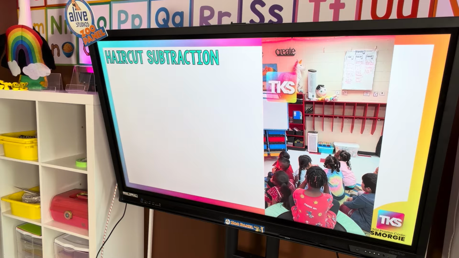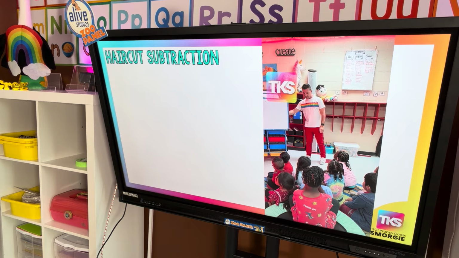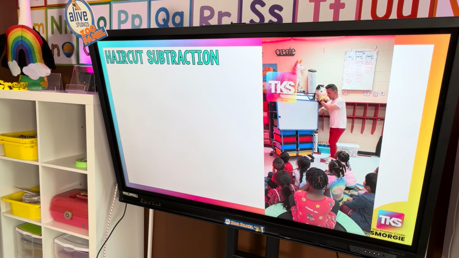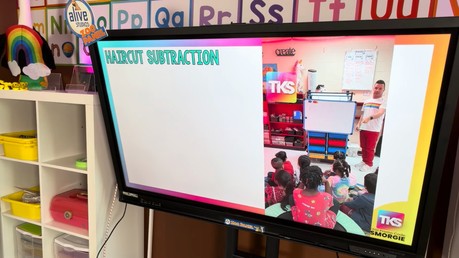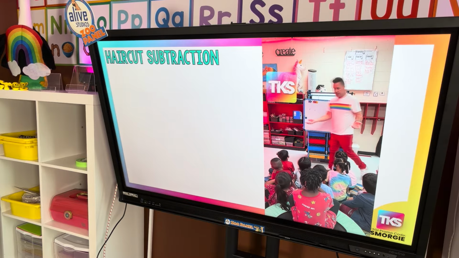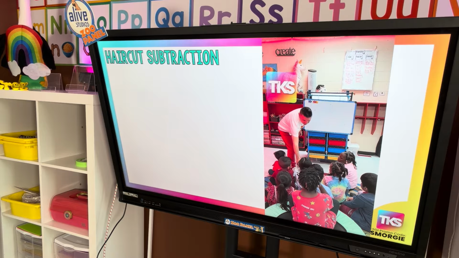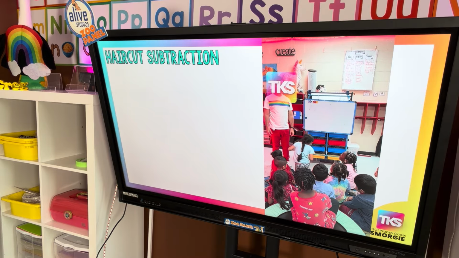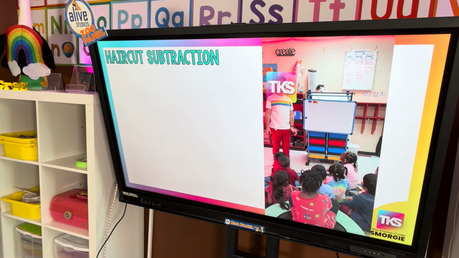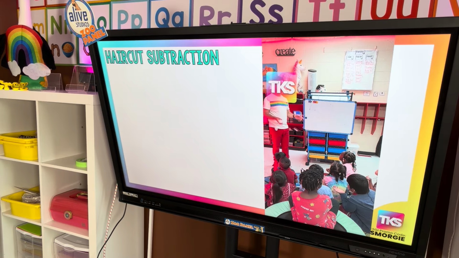What are we doing? We haven't done this in a really long time. So I'm going to ask you a question, and I'm going to see if we know the answer. How do we subtract? Take it away. So how do we subtract? Take away. Is it plus or minus? Minus. So minus means